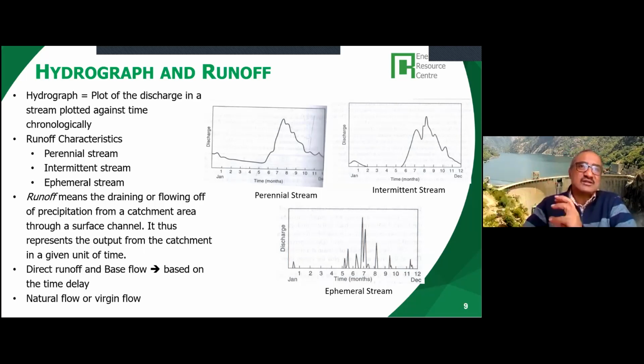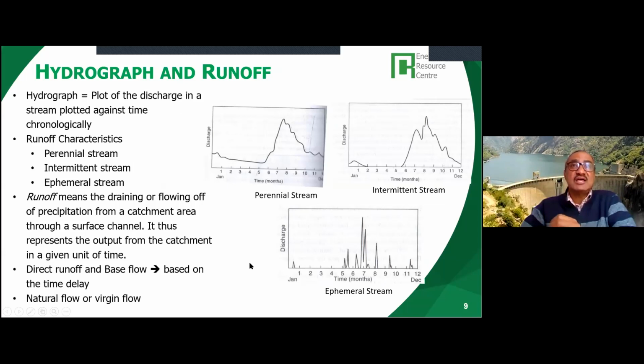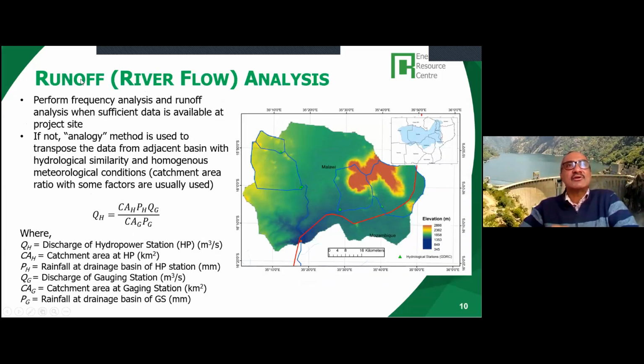There is a groundwater surface water interaction. So that's why even when there is no rain or very little rain, there is flow in the river. This is because of the base flow. Okay. Now, talking of runoff